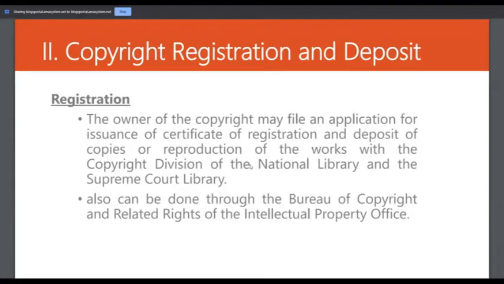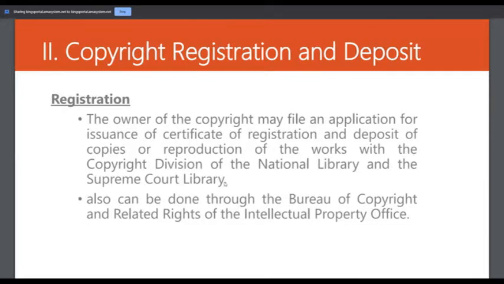When we talk about registration and deposit, the owner of the copyright may file an application for issuance of a certificate of registration. The COR, or certificate of registration, is what you should have in order to claim ownership of that original work. There is also the deposit of copies or reproduction of the works with the Copyright Division of the National Library and the Supreme Court Library.